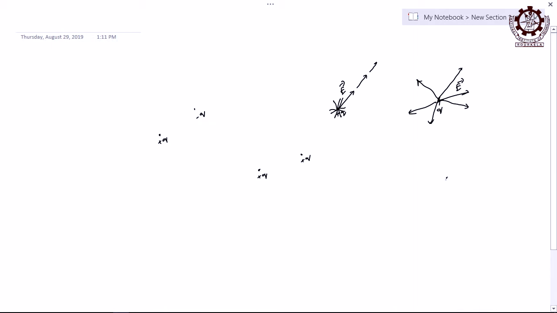Like if you take a single negative charge, what happens? The direction is just opposite of that, right. So, if you take one positive and another negative, then if you join this point, it will be only a straight line, right. It starts from the positive charge, ends in the negative charge. But if you go to some other path, then it will be going like this, like this, like this, and hence it goes in this way, like this, right. And direction is very important, put the direction, otherwise you will be wrong. I am putting it for one, but it is for all, right.